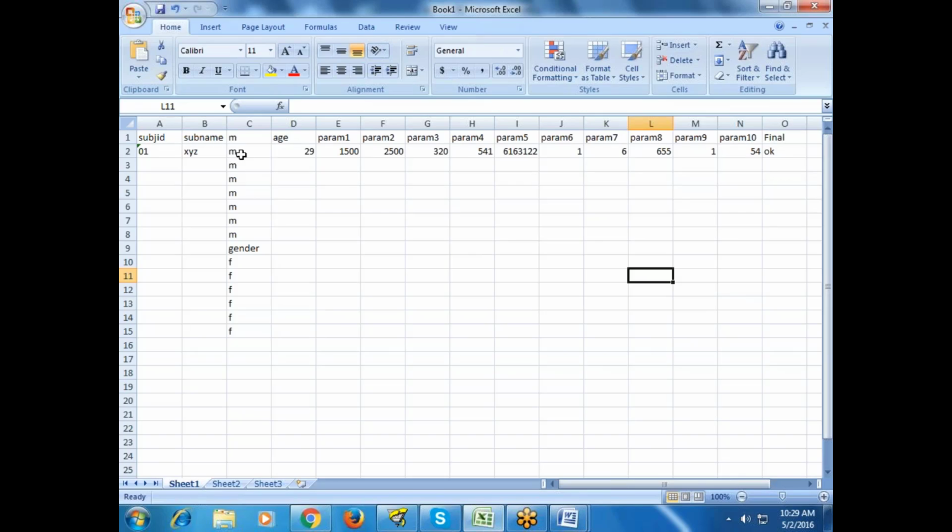So now all males are coming to one end and females are coming to one end. So this concept is called data management. You are rearranging data as per your requirement. Because this is all male, you can run with one condition. Because this is all female, you can run with one condition.